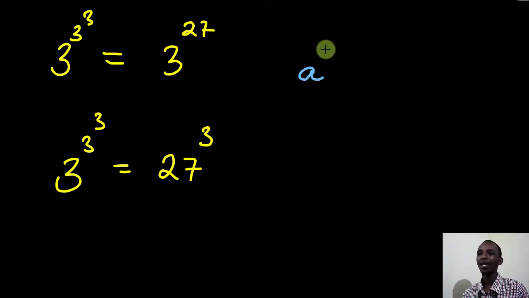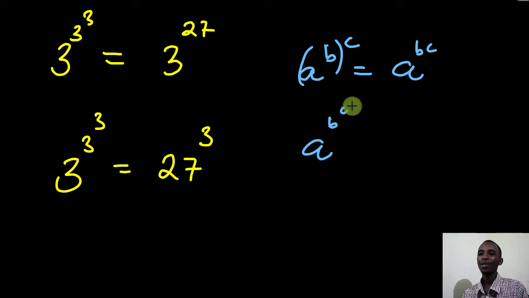If you have a number like a to the power b to the power c, let me write this: a to the power b to the power c. If you have brackets, for example here, we know how to work this out. This is a to the power b times c. That's interesting. If we have a to the power b to the power c, when the brackets are here, that's obvious. You have to evaluate the power first, b to the power c, and then